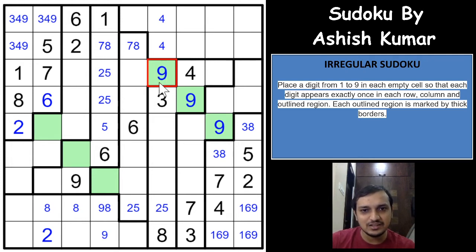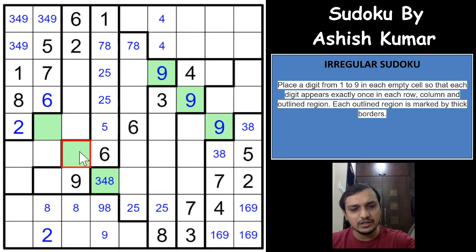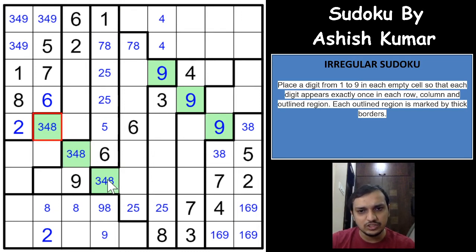Let's see if we get anything in these three cells. This cell cannot be 6, 2, 7, 5, so it is 1, 3, 4, 8, 9. 9 cannot be here, and 1 cannot be here, so 3, 4 and 8 are the possibilities here, so let us mark those. Whatever digit you have here will have to be here and here. Does that help us?